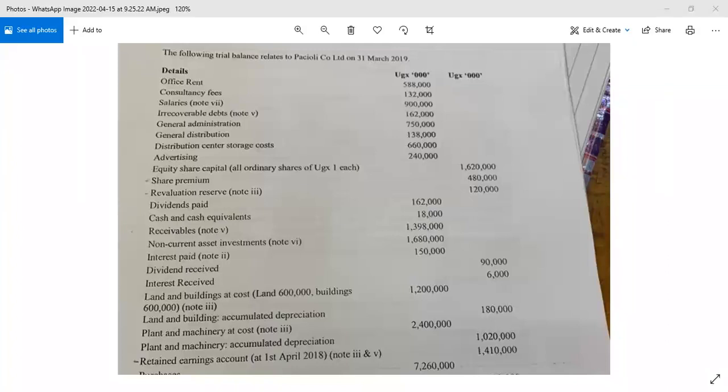Recoverable debts, now they come under distribution. Reason being that I sold to you goods on credit, but I've not been able to recover the money. Someone else would say, I think they're under admin, reason being they didn't do their job. Yeah, you may be right, but